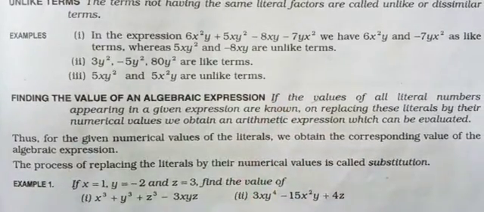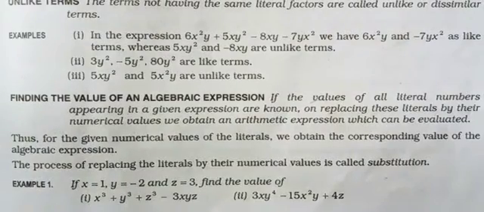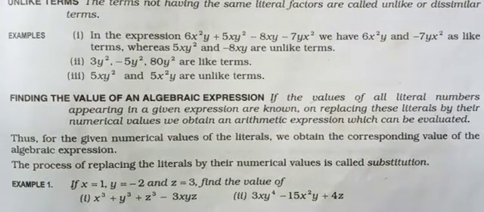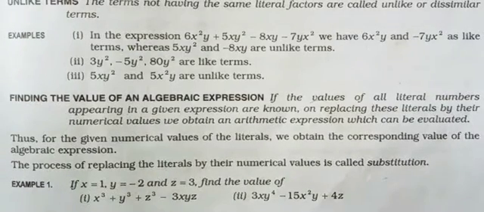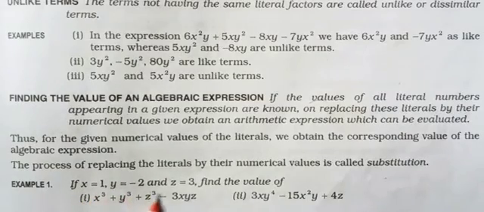I will tell you in my own way. Suppose we have to find the value of x plus y plus z. That is an algebraic expression. Now suppose we have to find the value of that expression with respect to x equal to 1, y equal to 2 and z equal to 3. Then we have to put those values in the expression in place of the respective literals. That is, x equal to 1, 1 plus 2 plus 3, the value is 6. Understand that?